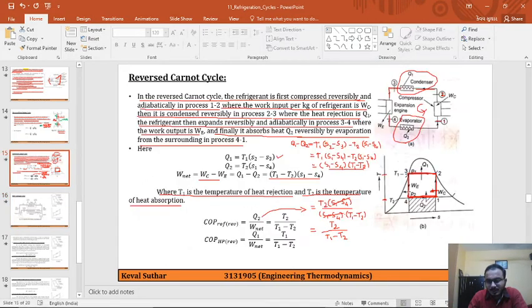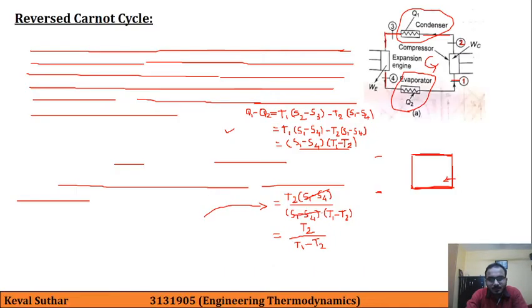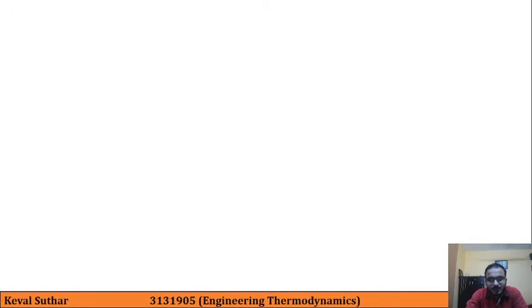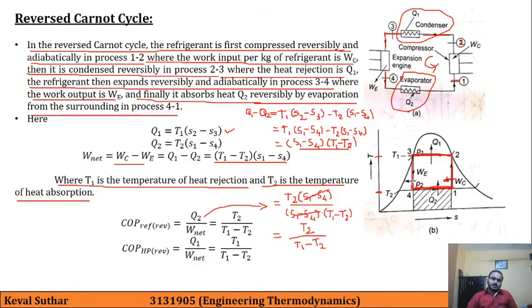So here there is one more thing that we need to discuss, the limitations of reversed Carnot cycle. The limitations will remain very similar to our limitations of Carnot cycle. Here, if you see, compression as well as expansion both are happening in the wet region, that is, the refrigerant is in liquid plus vapor form, so it is difficult to compress as well as expand liquid inside this, and this will damage the mechanical parts of our compressor and expander.